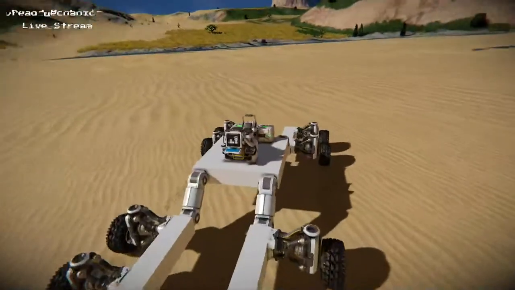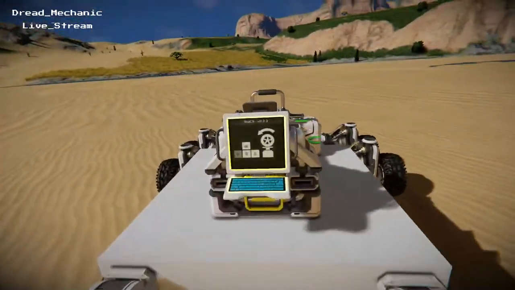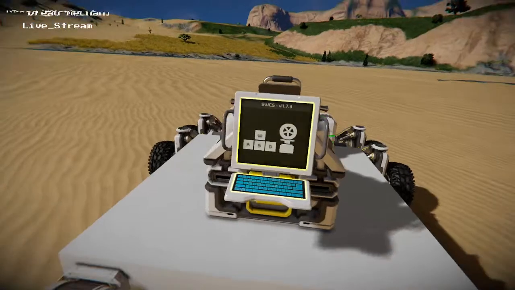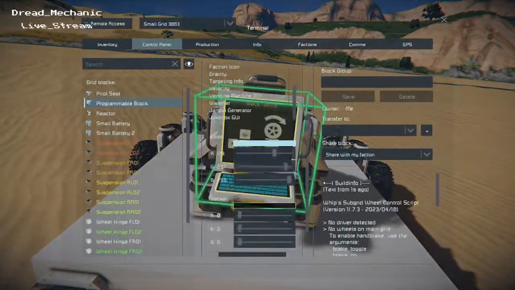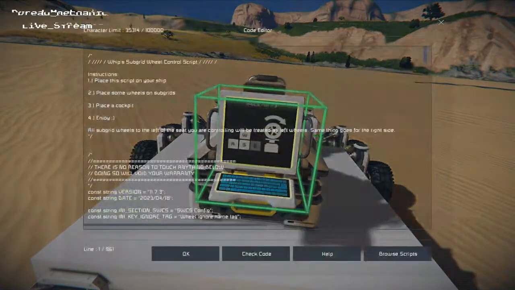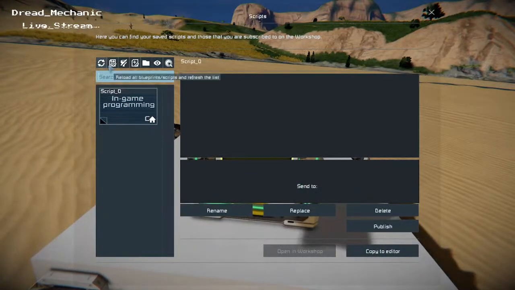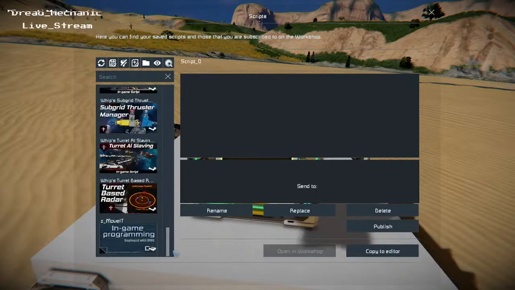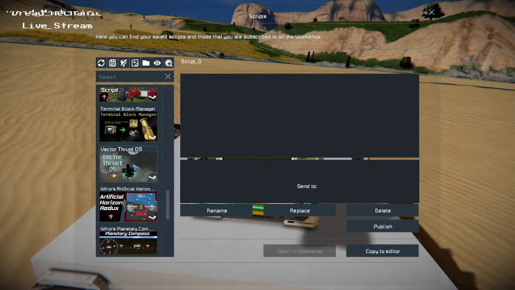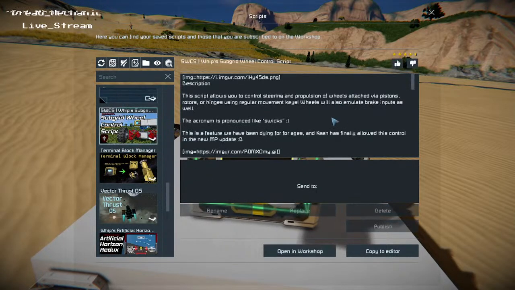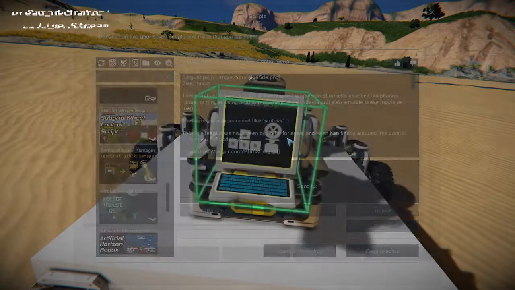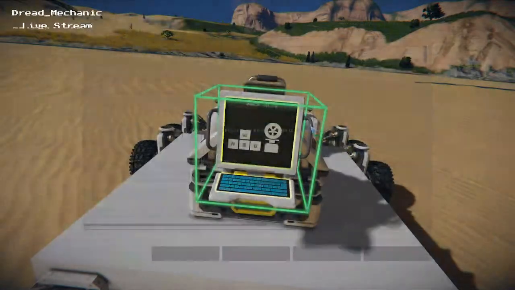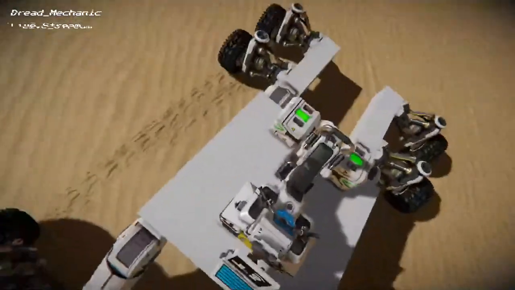as anyone that's played on PC will be familiar with, here I've got Whip's, or Whiplash's, Subgrid wheel control script, which is a fantastic little script. It does lots of cool things. Well, it does a very simple cool thing. It makes wheels work across subgrids. And the way it does that is by